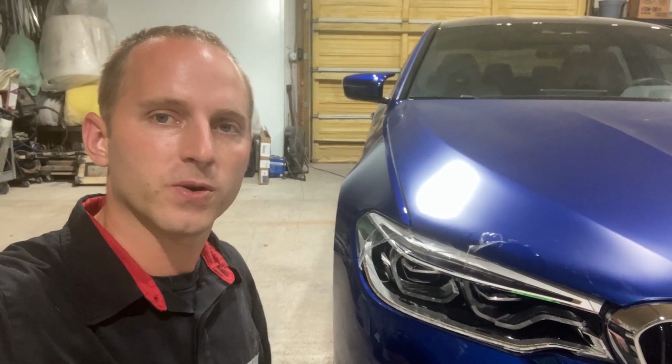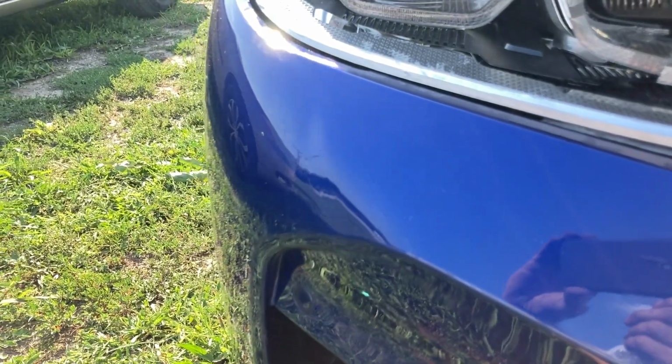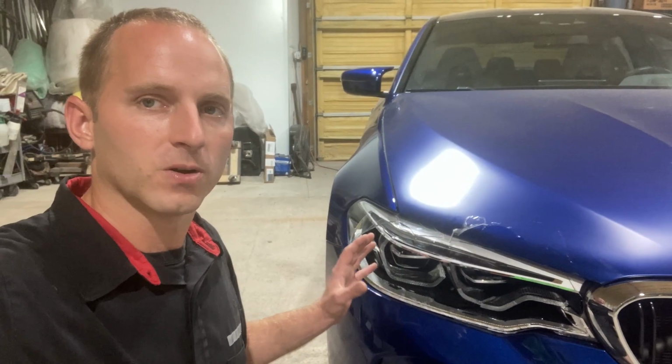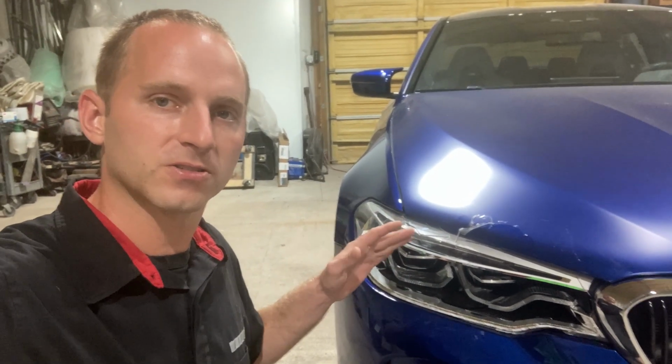So this BMW had a light fender bender. It does have a small dent in the bumper right here, and also the headlight needs replaced. So we're gonna jump into that and see how far we can get this week, but first, I need to